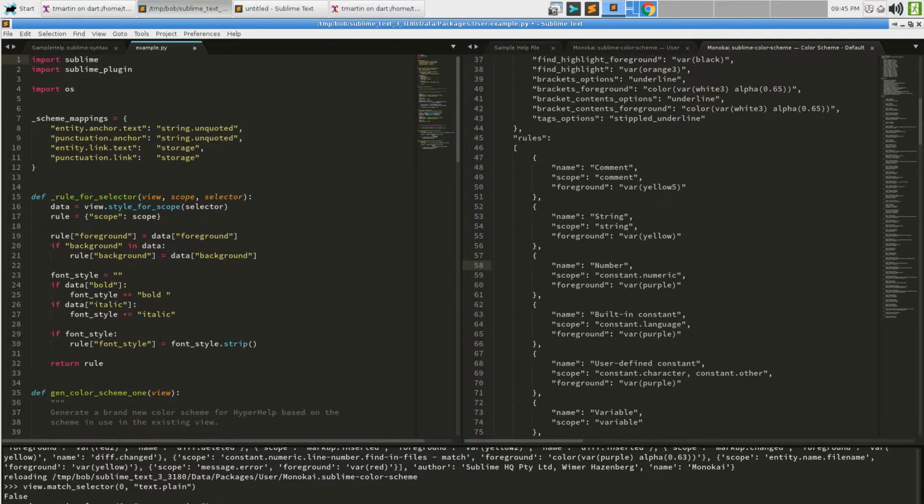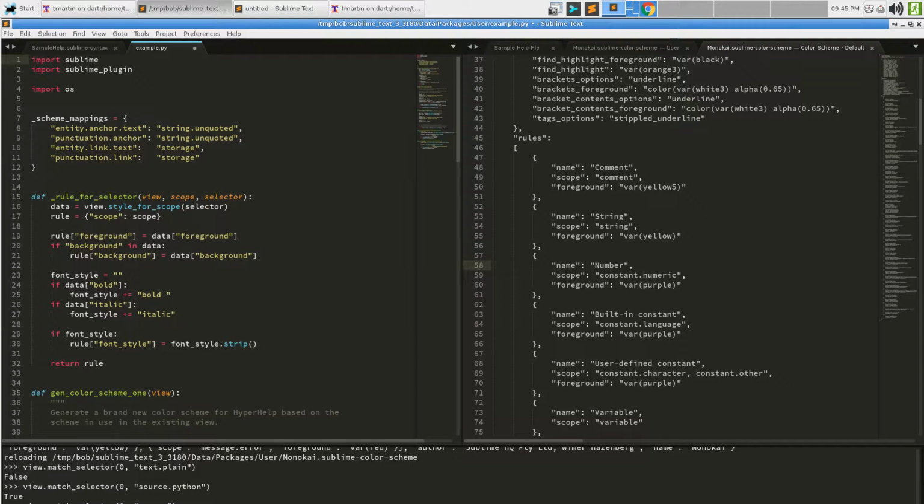Is this a source file? The answer is still yes. And if we said, is this a C# file? The answer is no. So we know it is a source file. It's not a C# file. It is a Python file. This is giving us a yes, no kind of value, right? But that's not what we want here, because yes, no values matching scopes is a direct string match, which clearly doesn't work.